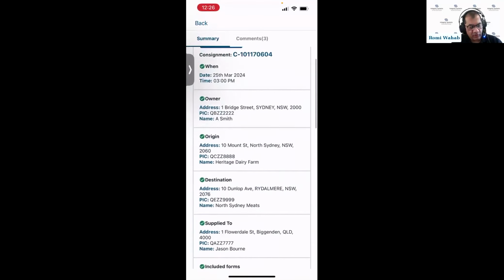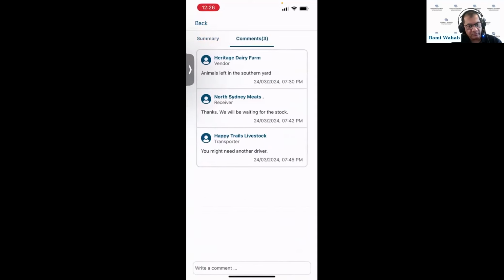Now I'd like to go up and tap on the comments page. As Wade and Marty mentioned, we have introduced this new feature, the ability to add comments. Through our industry engagement, we were hearing a lot that when consignments were moving along the supply chain, there was a need for a piece of paper that used to travel, where people wrote notes or anything worth mentioning to anyone linked to the consignment or accessing that paper. So to replace the note taking on paper, we've introduced this feature. You can see here in the commentary section,